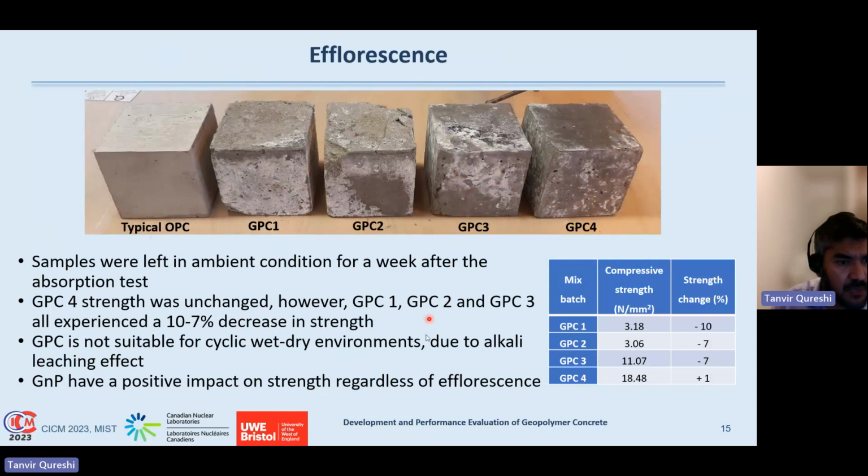And you can see that we have conducted another set of compressive strength tests after the initial test. And what we found is that for GPC 1, 2, 3, the compressive strength decreased by up to 7 to 10% actually. However, GPC 4, which has the graphene nanoplatelets, the compressive strength didn't decrease, and even slightly enhanced compared to the previous conditions. So it could be noted that GNP have a positive impact or minimum impact after efflorescence